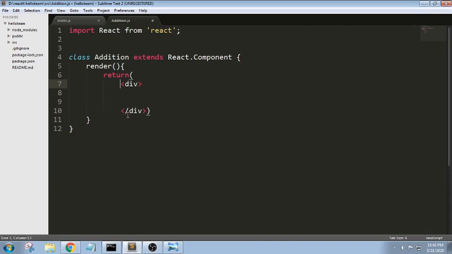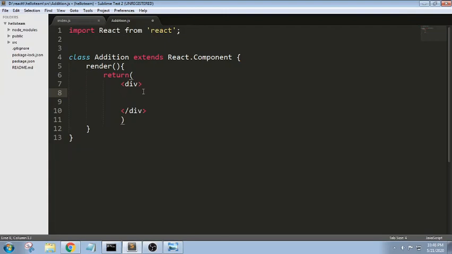So in this, the form elements are taken in this way. I am taking two input fields, as the task is about addition of two numbers, so we will take two elements. We call these multiple lines JSX, that is JavaScript XML or extension. Let me take two input fields in this.